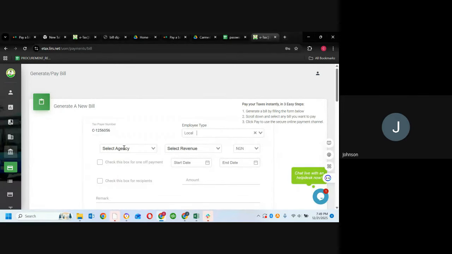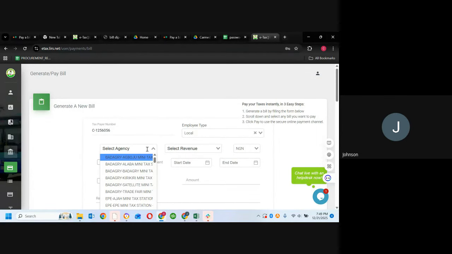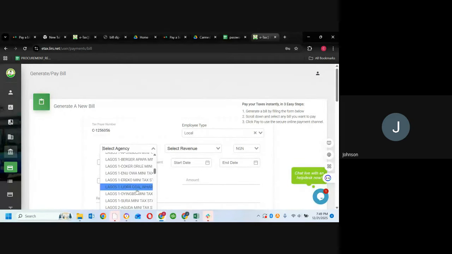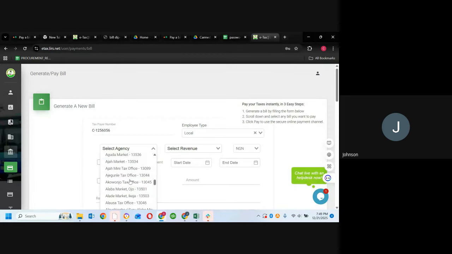The next thing is that you want to click on an agency that you want to pay. Which of the tax agencies do you want to pay? Are you paying to the LIRS office in Badagry? Are you paying to the LIRS office in Epe? Which of the LIRS offices is the one that your company is under? Okay, so for this one, let's just assume that I want to select